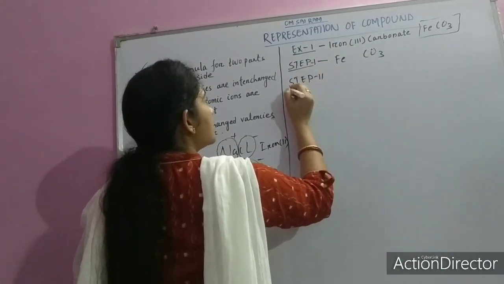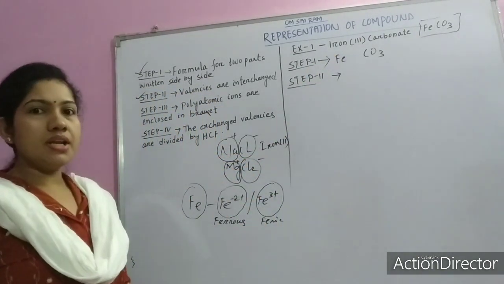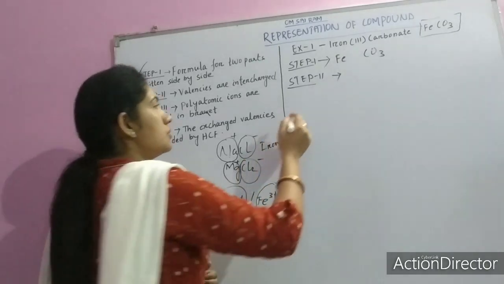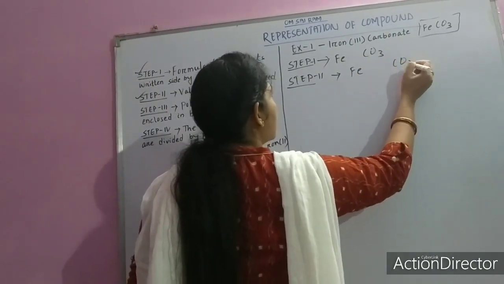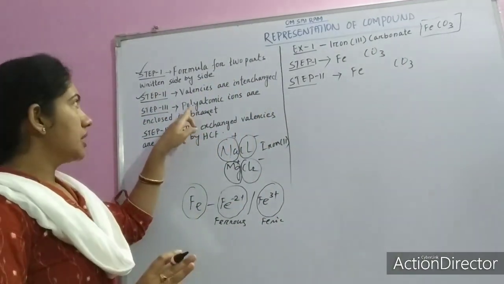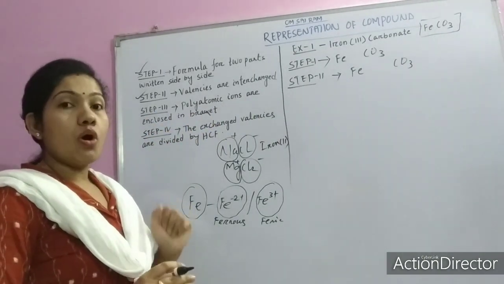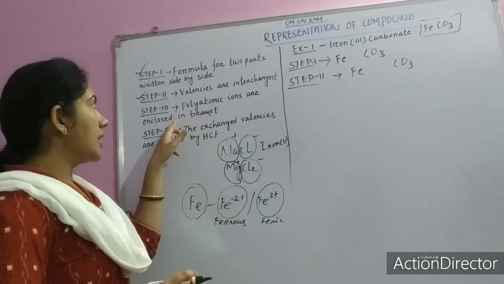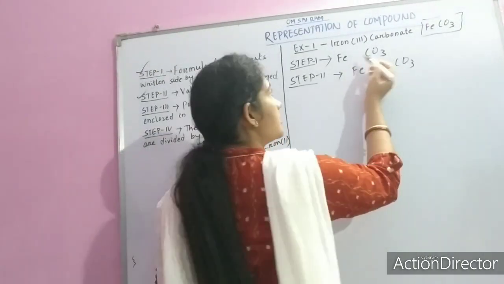So the second step is, first we will write the valency, then we will interchange the valency. So here we will write the valency of iron and carbonate. Before going to that, let me tell you the third step. Polyatomic ions are enclosed in brackets. Polyatomic ions are enclosed in brackets means, here if you can see,